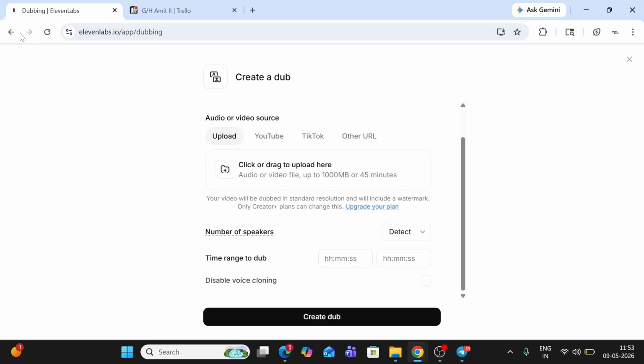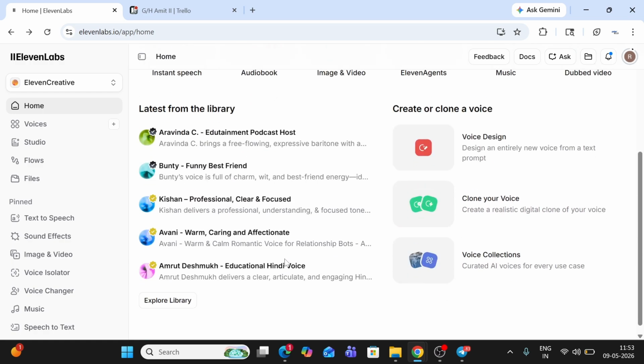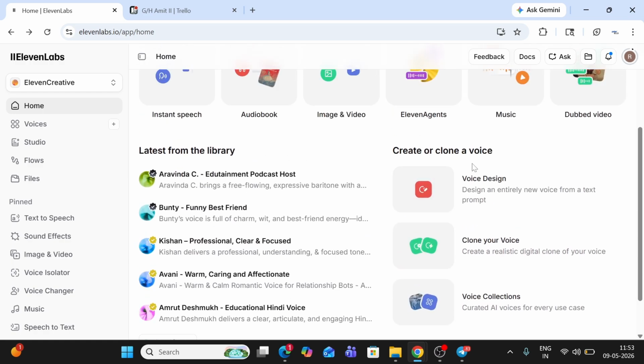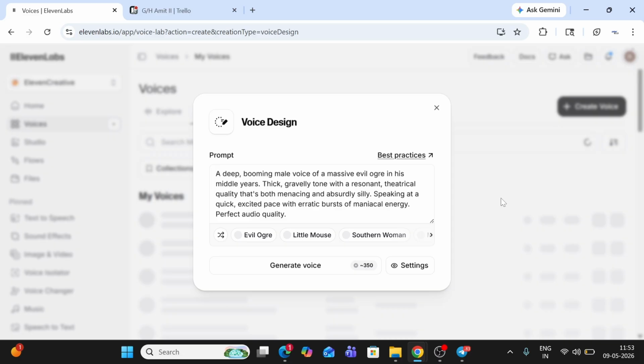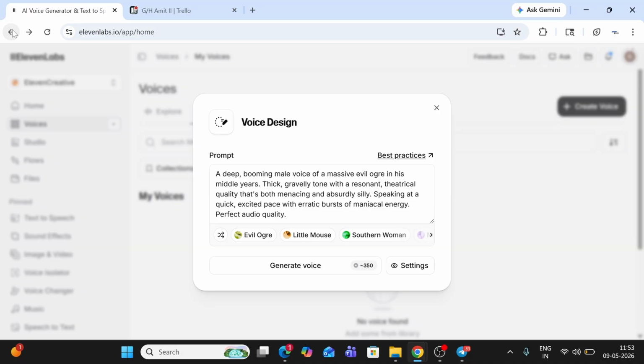Then, next feature, let's understand how the next feature works. Here you can see create or clone a voice. You can even design your new voice. If you want to create a new voice that is in your mind, you can simply describe the voice in the prompt box and click here to generate a voice, and it will automatically create a new voice. Then the next feature it has is